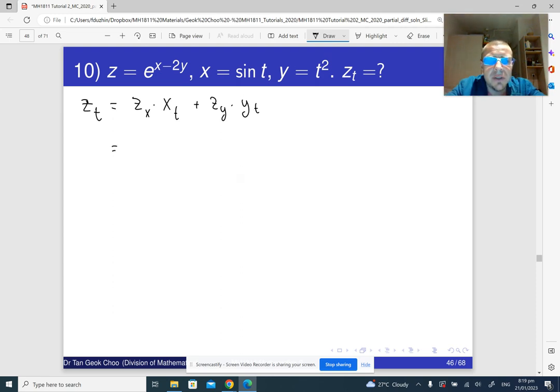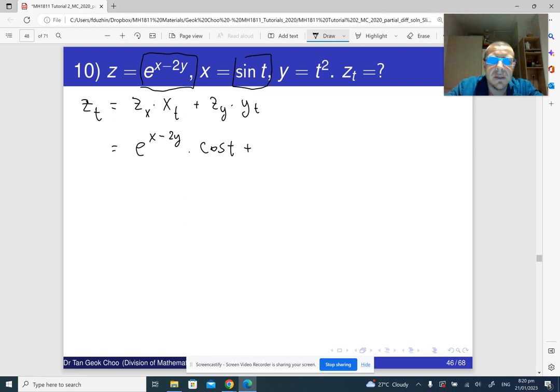Okay, so the derivative of z with respect to x. So we've got to differentiate this expression with respect to x. The derivative of an exponential function is just the exponential function itself, e to the x minus 2y, times the derivative of the exponent, but it's just 1, so I'm not writing it. So times the derivative of x with respect to t. So this is my x, it's sine t. Its derivative is just cosine t,